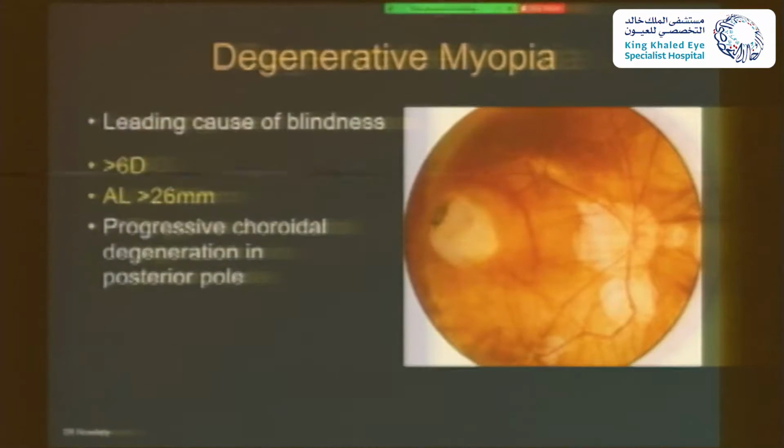All right. Now, what is the other cause of CNV? As we said, degenerative myopia. It's also a leading cause of blindness, particularly in the East, but nowadays the Middle East also has a lot of people who are myopes. The classic definition is a myopia of more than 6 diopters and an axial length of more than 26. And what you get is a progressive choroidal thinning, RPE thinning, retinal stretching, all these things that can lead to a disturbance of the RPE layer and to cracks in the